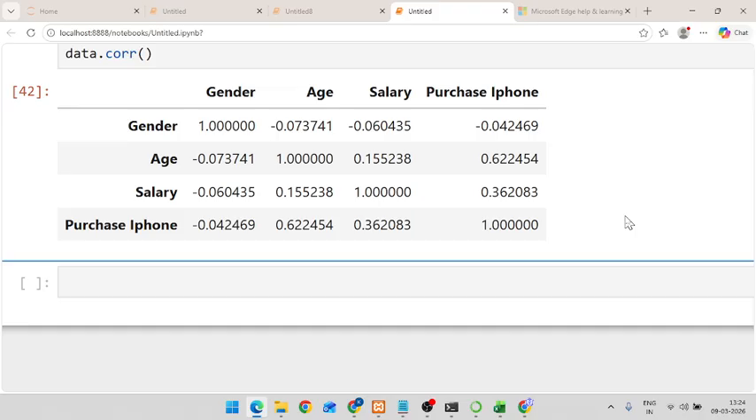And it is having a like versus where we are calculating age versus iPhone, and purchase iPhone versus age. So if you consider both of this, so purchase iPhone